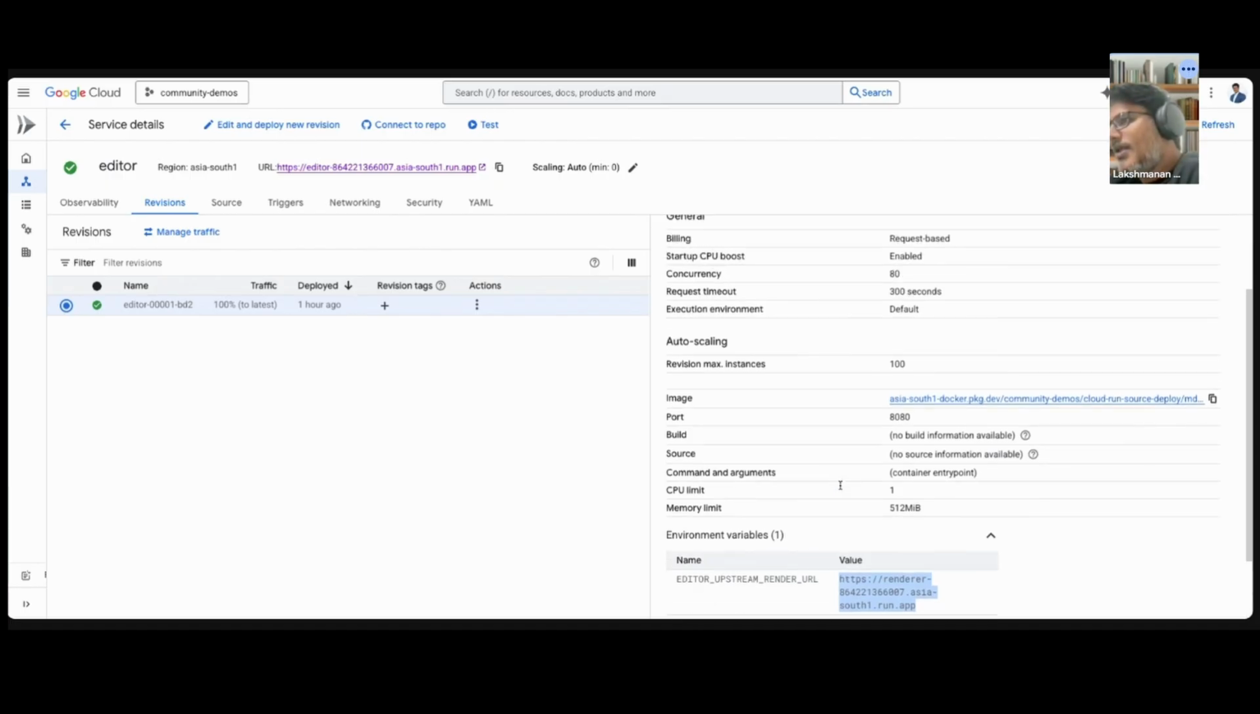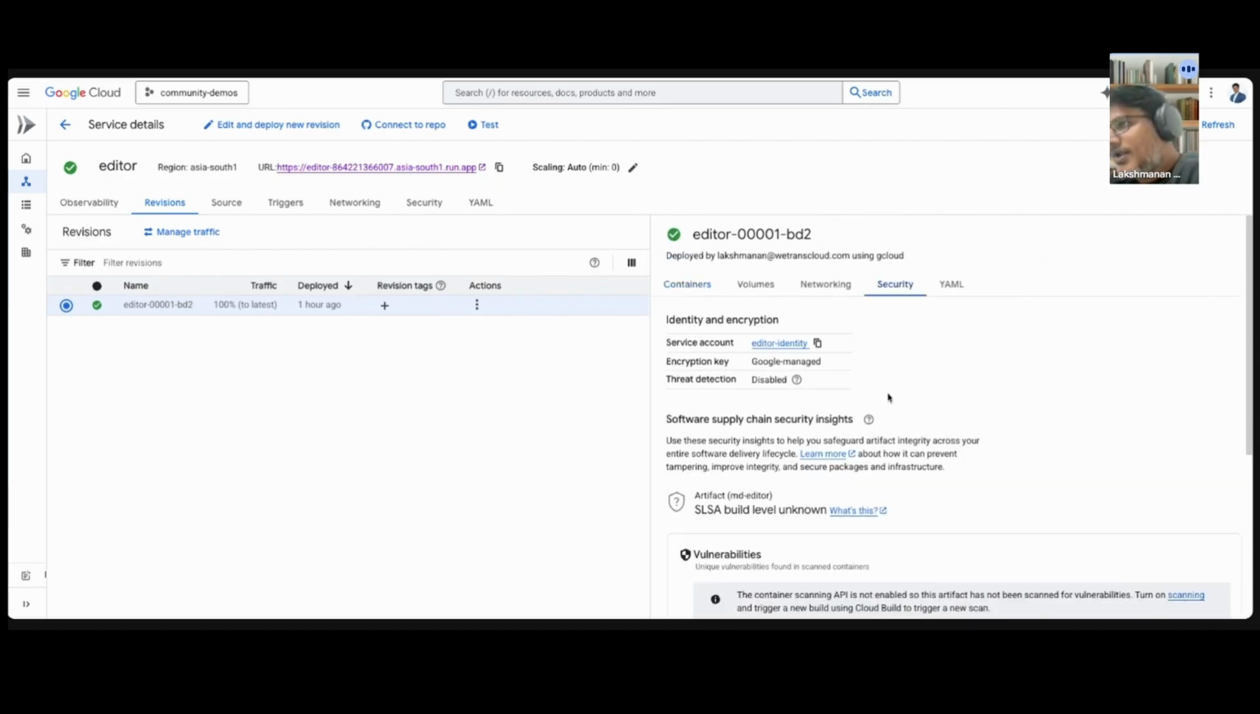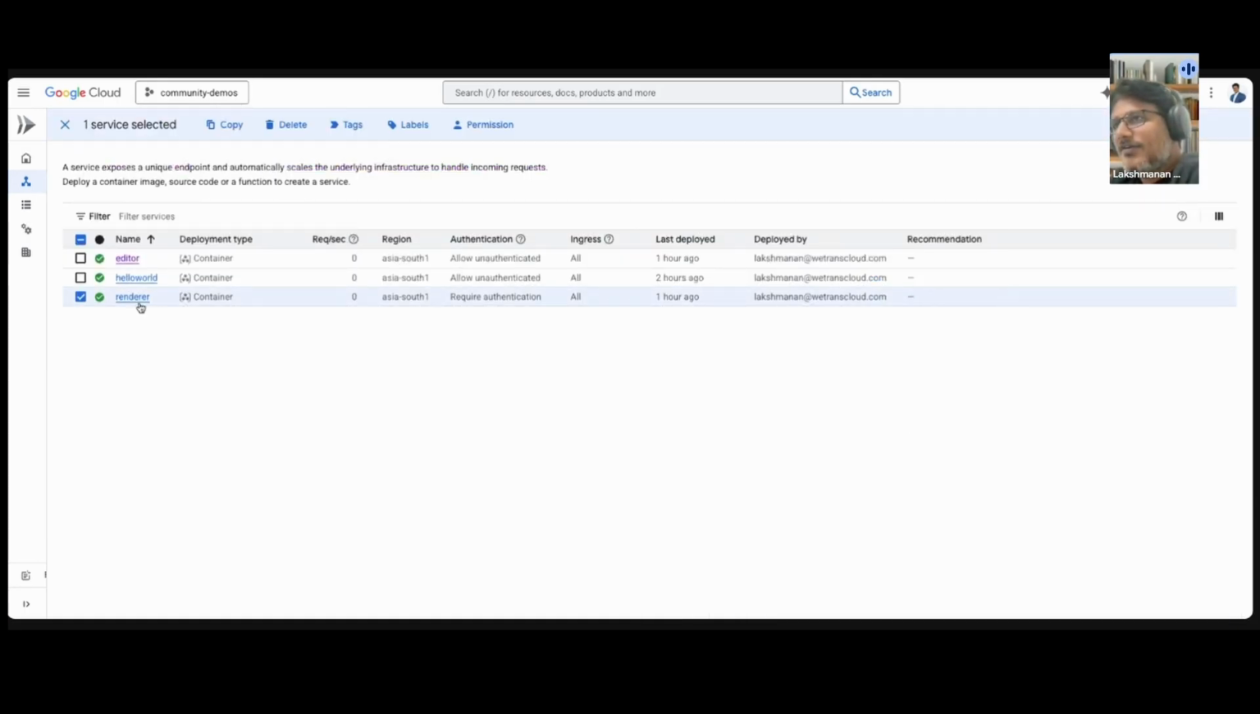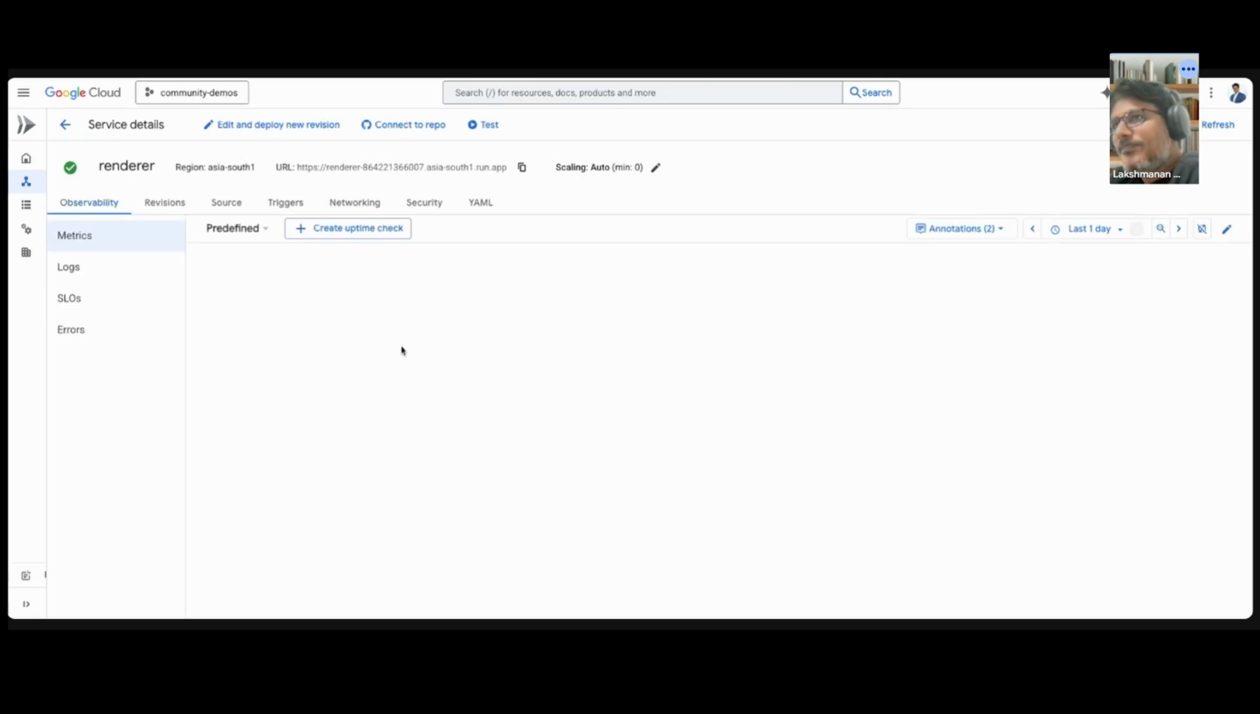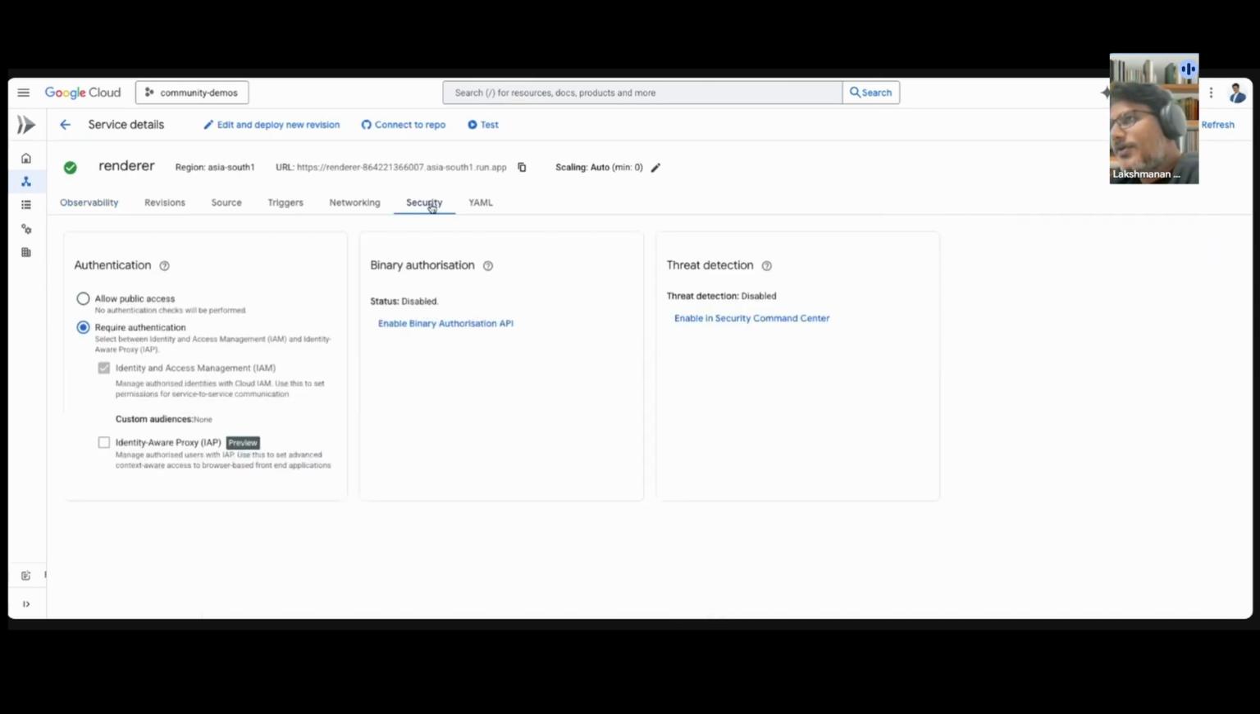And you can also see that I passed the environment variable, which is actually the URL for my backend services, okay? Now, if you see the security tab, you can see that for this particular service I've used a separate service account called editor-identity, right? Because like I said, every service should have its own identity, right? So this editor service has its own identity. Now, if you come back and see our renderer service, and if you go to security,